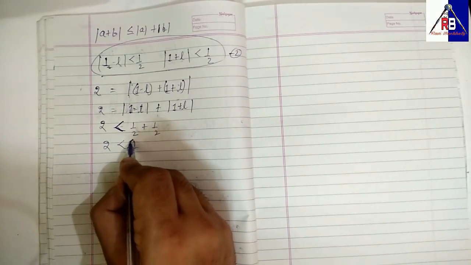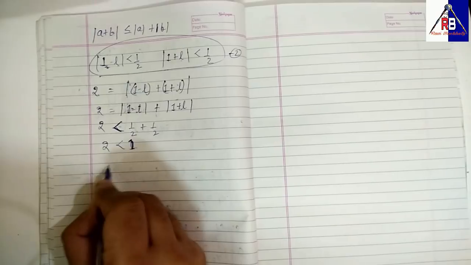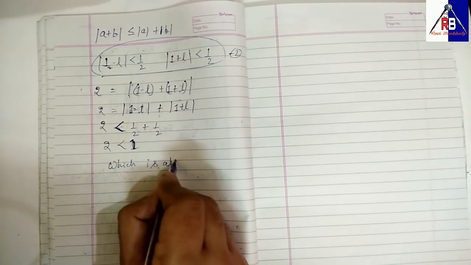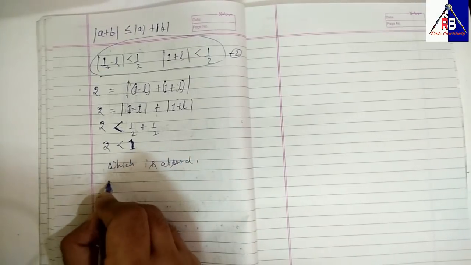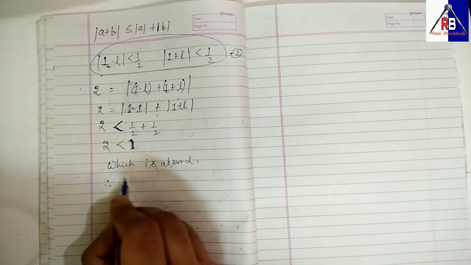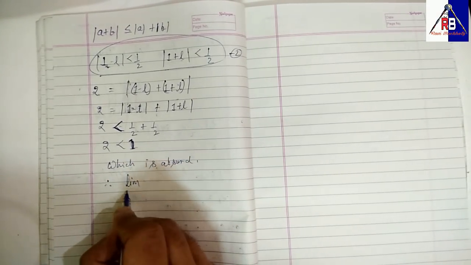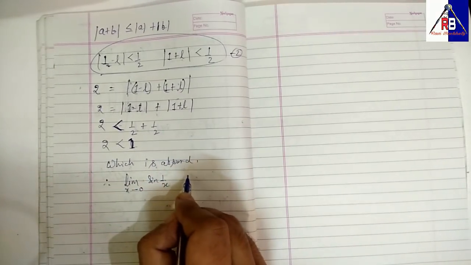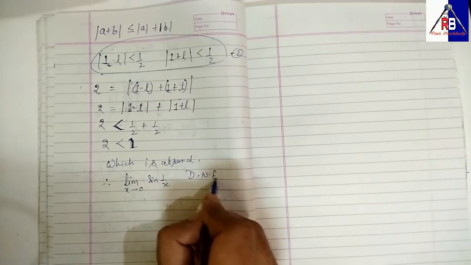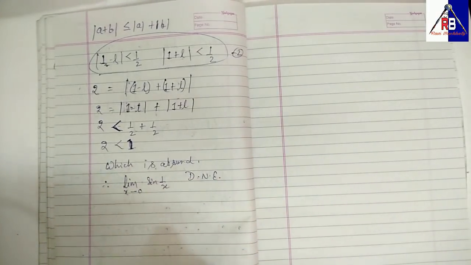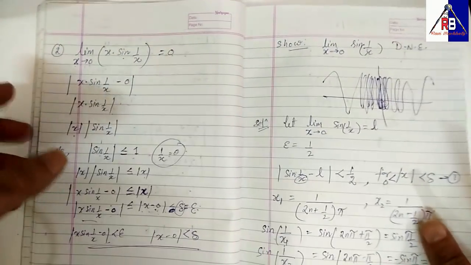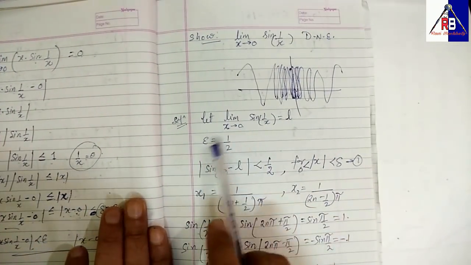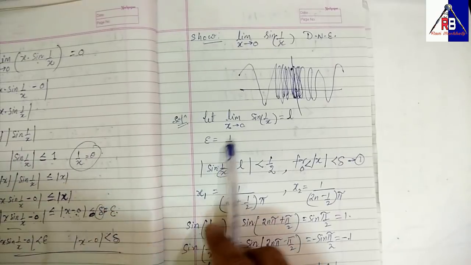It doesn't mean anything that 2 is less than 1, so we'll say that it is absurd, and therefore our assumption is wrong, and limit x tends to 0 sine 1 by x cannot be equal to anything. It does not exist. So a bit of a cracker. It is a tough question, so you need to just memorize this thing to disprove it,